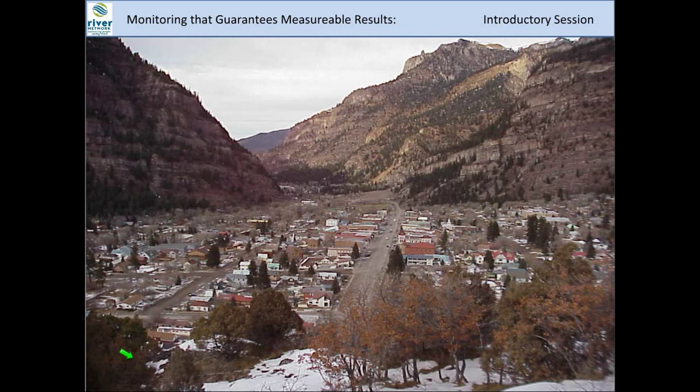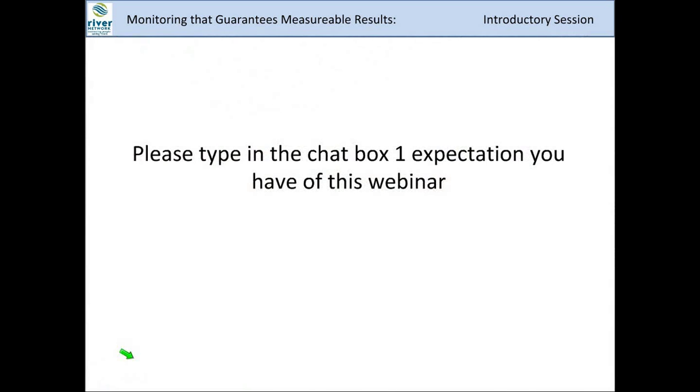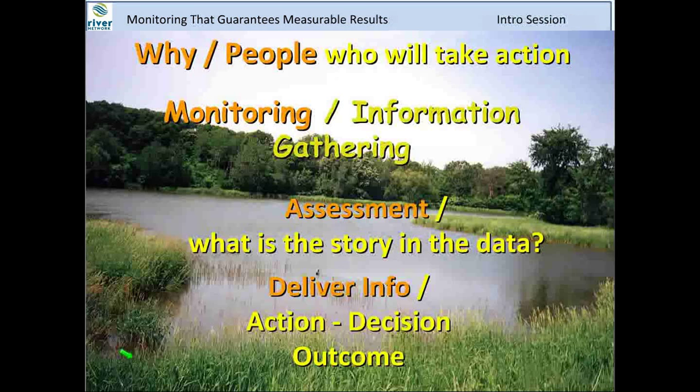Let's see. Oop, we already did that. So I'm going to give a little bit of an overview of the framework of how we're going to talk about things today. And if you would have your workbook out, we really are going to make this a hands-on webinar the best we can. So if you can understand the flow of the framework of this work that we're going to use,